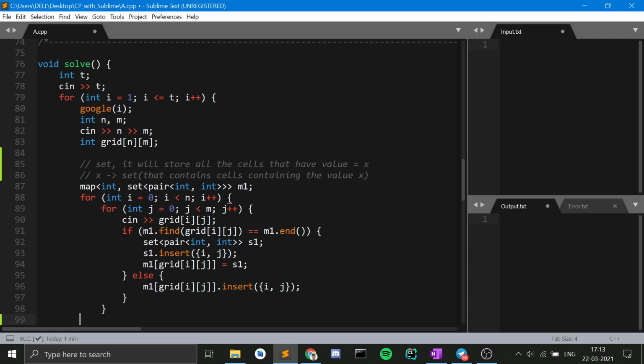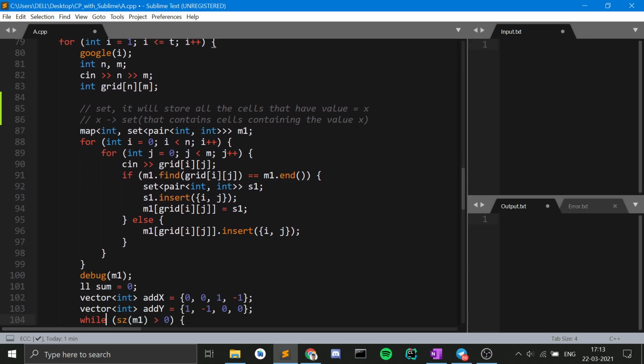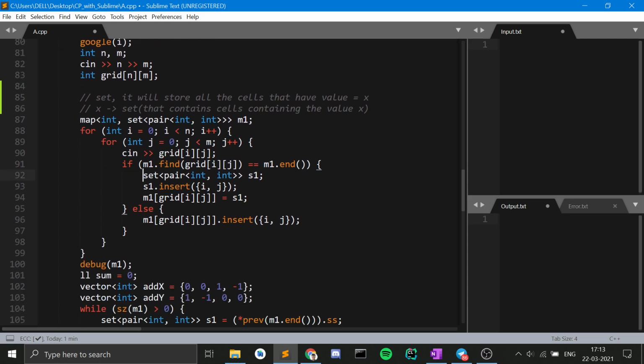So here I am making a set and inserting that cell inside that set, and inside my map I am inserting a pair where the current value is x and the set corresponding to it is s1. If that value is already present inside the map, then I only insert my cell inside that same set.